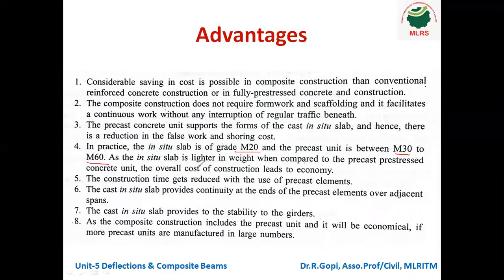So we can use lower grade for the in situ slab, and we compulsorily use higher grade for prestressed concrete. As the in situ slab is lighter in weight when compared to the precast prestressed concrete unit, the overall cost of construction